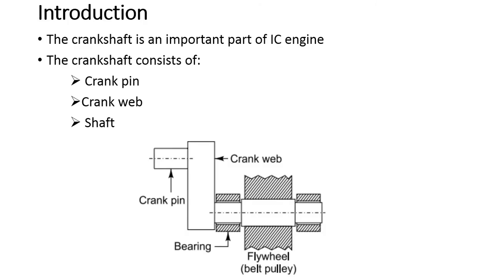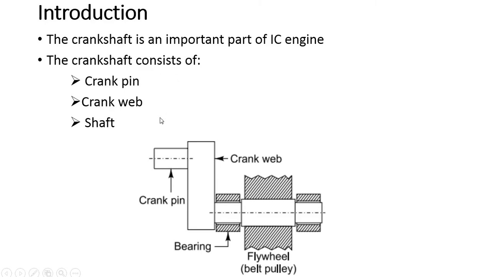So the crankshaft is an important part of an IC engine next to the connecting rod, and that converts the reciprocating motion of the piston into the rotary motion through the connecting rod. In the last class we have seen the connecting rod that connects the piston. On one side we have a piston in the connecting rod, and on the other side we have a crank where the crank pin is to be inserted. So this is a part where the connecting rod is connected to the crank pin. The basic function is to convert the reciprocating motion of the piston into the rotary motion through that connecting rod.